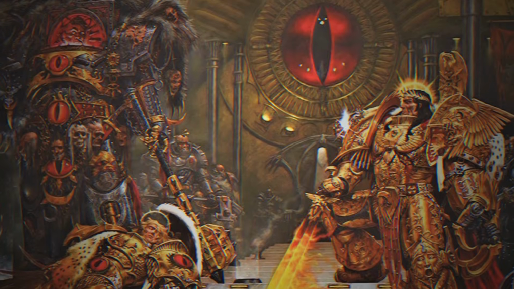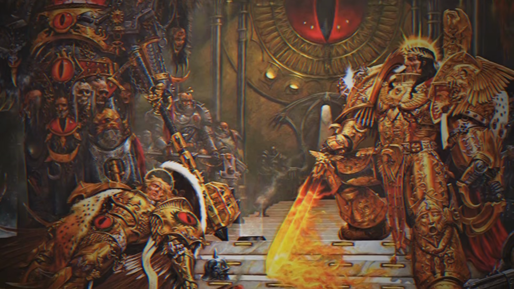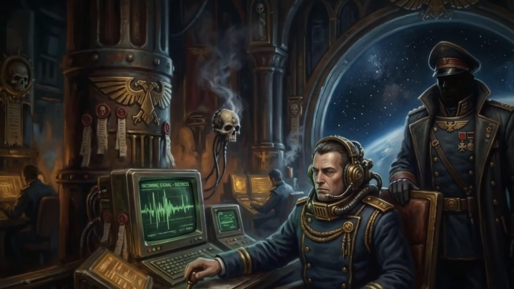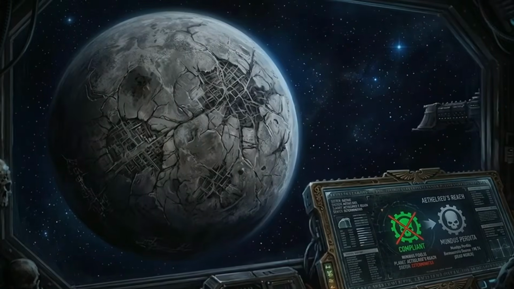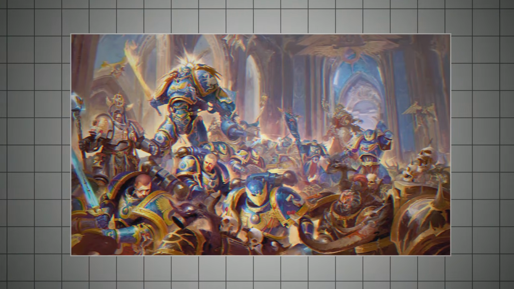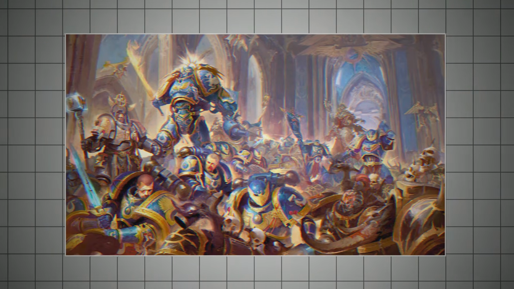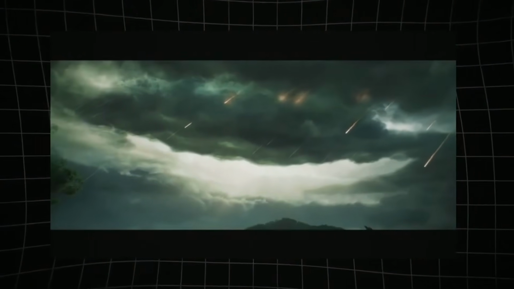This ancient title, once held by the Emperor himself, granted him supreme military authority over all imperial forces. It was a desperate gamble by the High Lords, a concession of unprecedented power, but one they felt compelled to make in the face of annihilation. Guilliman, though reluctant, accepted the mantle of leadership, understanding that the alternative was the complete collapse of everything his father had built. With his authority established, Guilliman wasted no time.